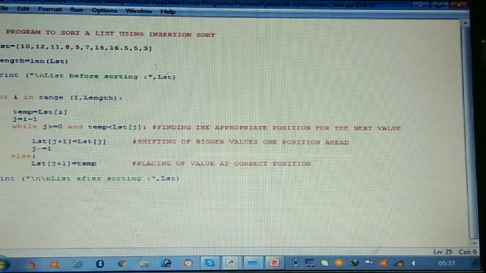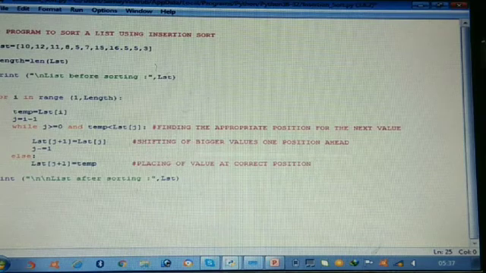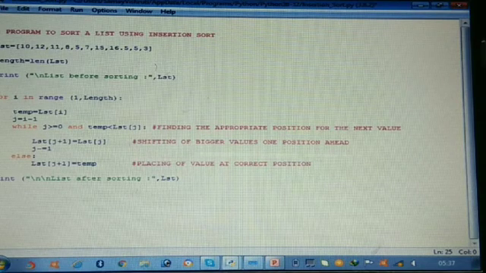And temp should be less than lst[j], that means whatever value we are comparing should be less than the previous value. For example, if we are comparing 8, then 8 is smaller than 11, smaller than 12, smaller than 10. So till then the loop will keep on going, right?